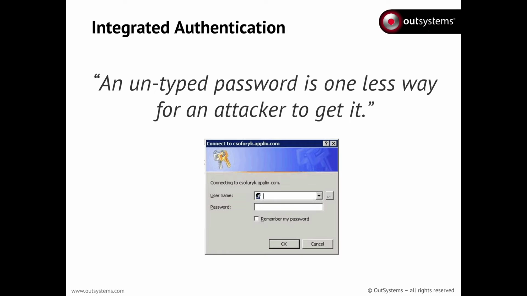So how do we do this? How do we log in users automatically? Well, we do that with integrated authentication. This is a system that is provided especially by Internet Explorer that when accessing other Microsoft systems, namely Internet Information Services, which is the base web server used by all systems on the .NET stack,